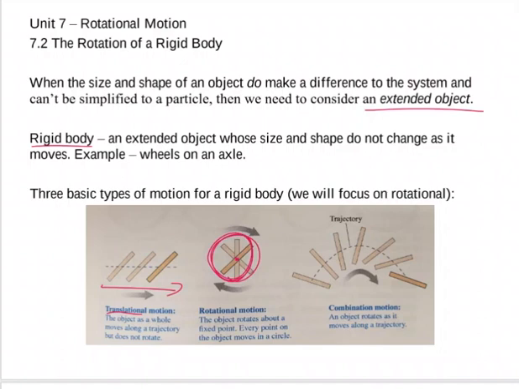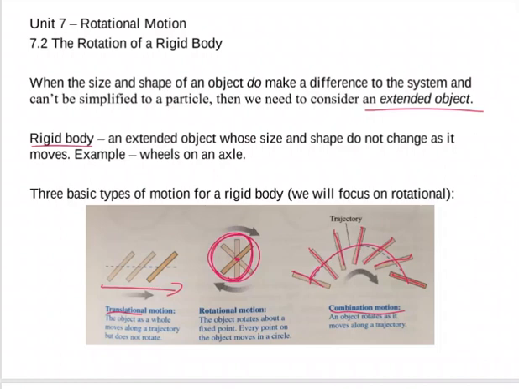And then we also have a trajectory. That is a combination of translational motion and rotational motion. So we have combination motion where the object is in some sort of trajectory. That could be that the particle is in projectile motion, but as it is in projectile motion, the rigid body, the extended object, is also turning. As we see in the picture here, the object has changed its orientation as it is flying through the air. That combination of projectile and rotational motion makes a very complicated path,